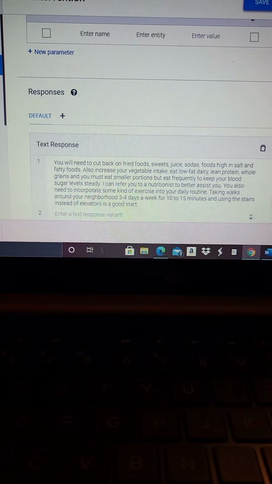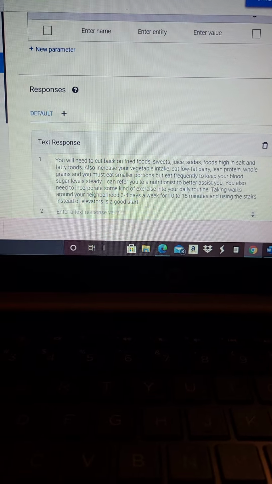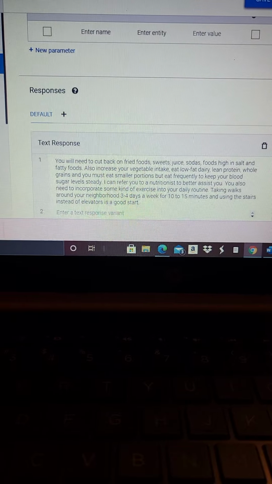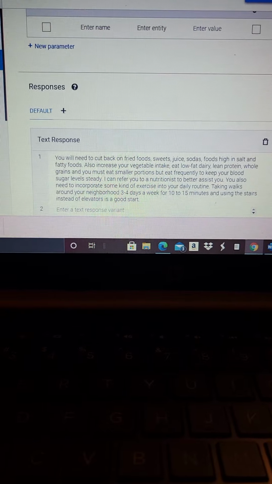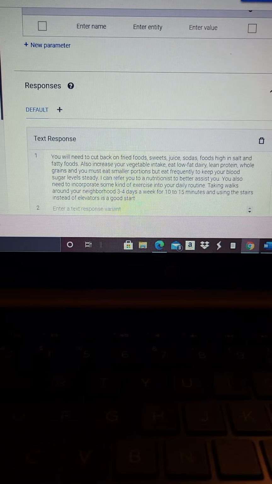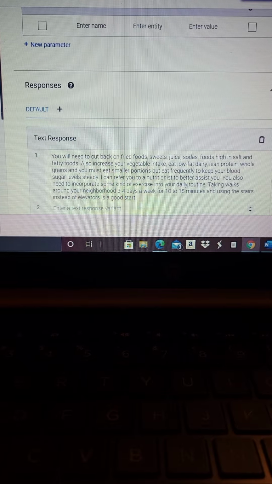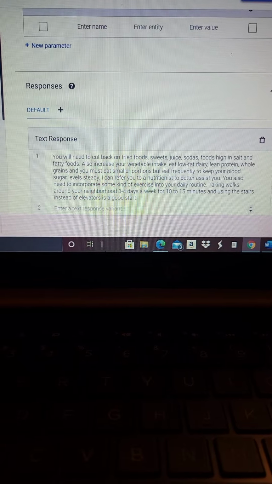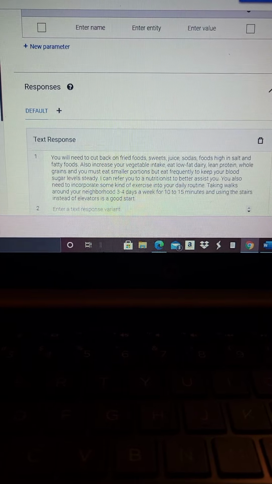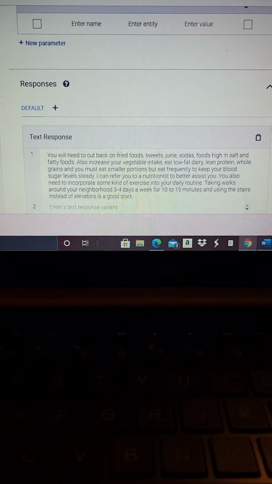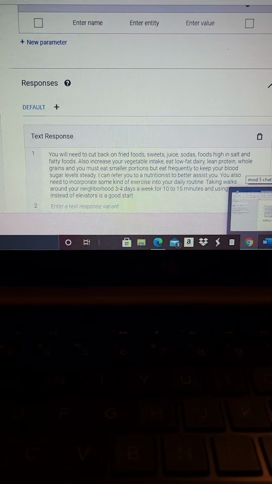So she just has to cut back on the fried foods, sweets, juice, sodas, foods that are high in salt and fatty foods. She needs to increase her vegetable intake, eat low-fat dairy, lean meats, whole grains. And because she's a diabetic, she needs to eat smaller portions, but frequently just to keep her blood levels steady. So I also added in a kind of freelanced here. I just offered nutritionist assistance so that they can help her with managing her diet,